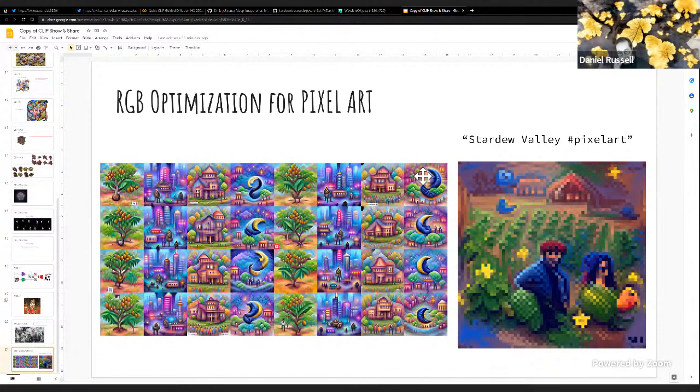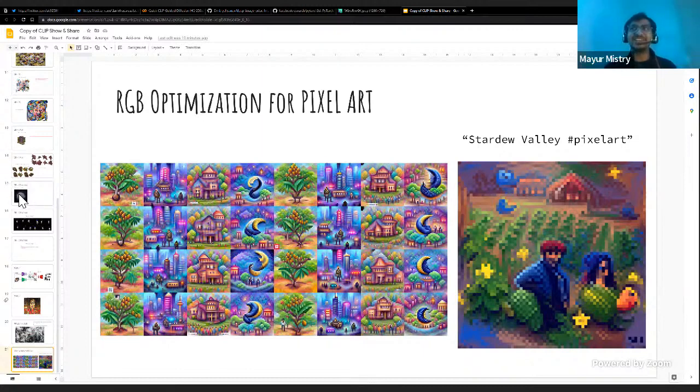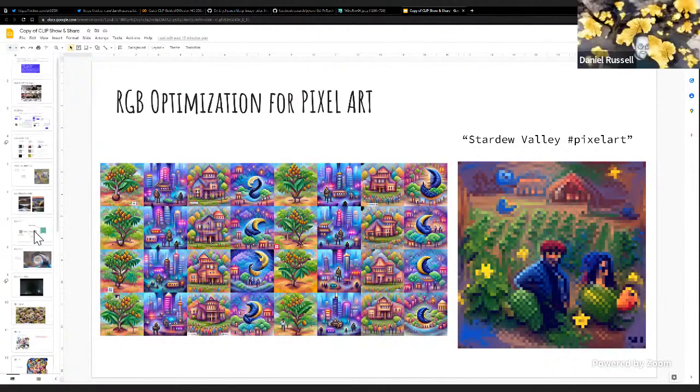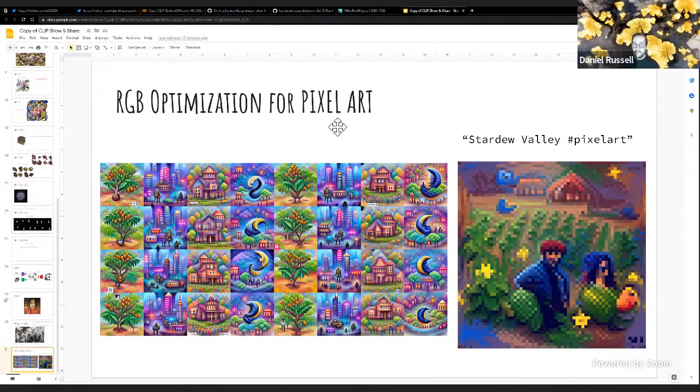I know there's something out there, but I'm struggling. We covered vector strokes, we covered image diffusion. There's a lot more. And what I'm going to show later is a network called Deep Image Prior, which is